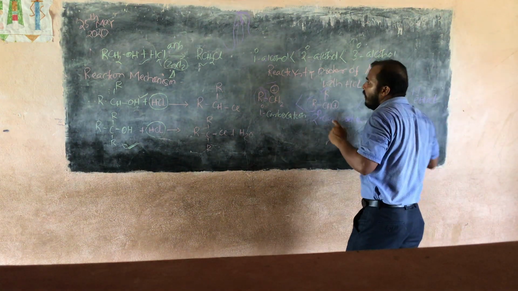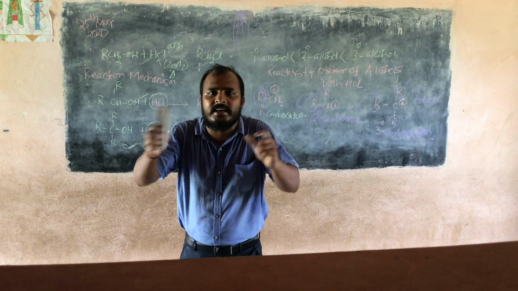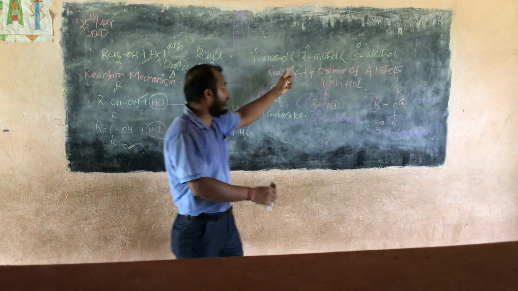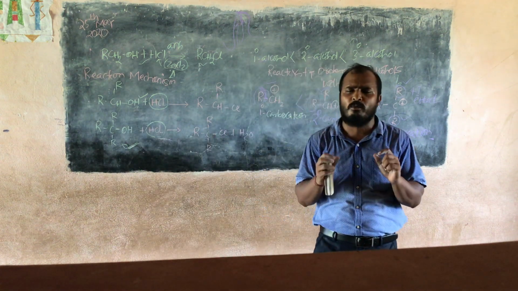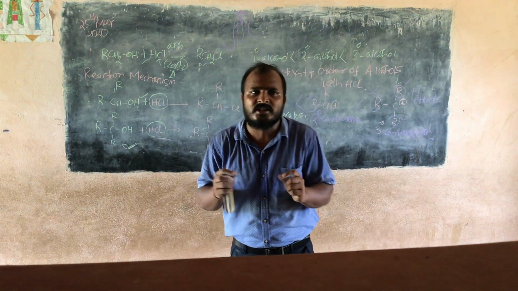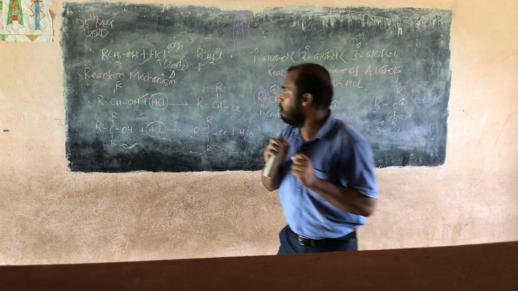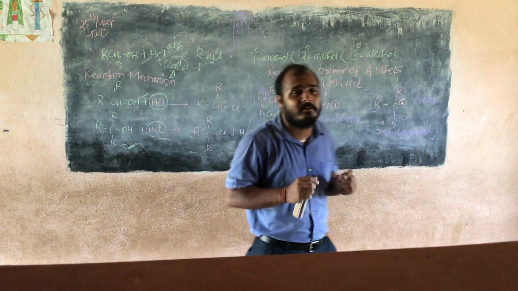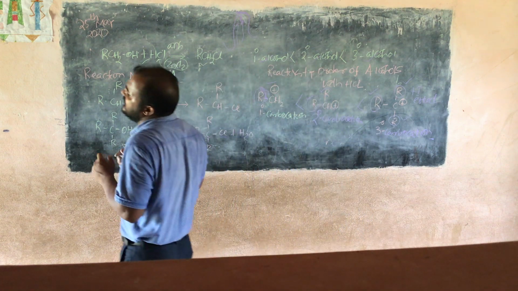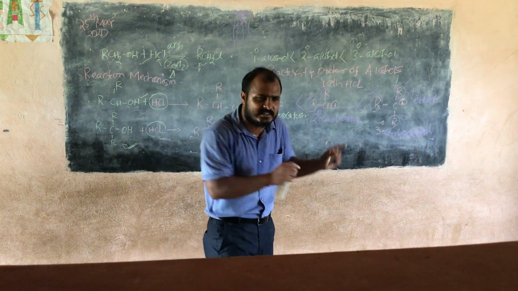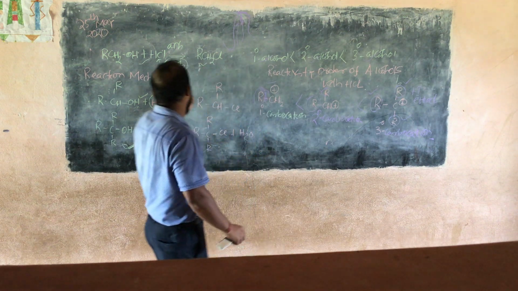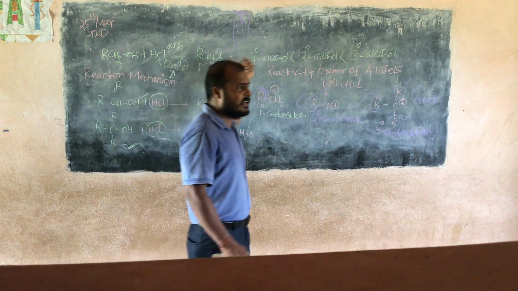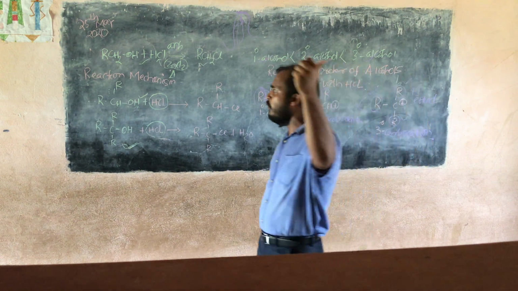For tertiary alcohol, you need only HCl. By shaking the test tube, you will get the product. Whereas for secondary alcohol, you need a little bit more energy. Energy means you have to heat it. But in primary alcohol, the stability of the reaction intermediate, which is the primary carbocation, is very low. That's why you need a promoter, that is a catalyst. Here it is anhydrous zinc chloride, and you also have to heat it.